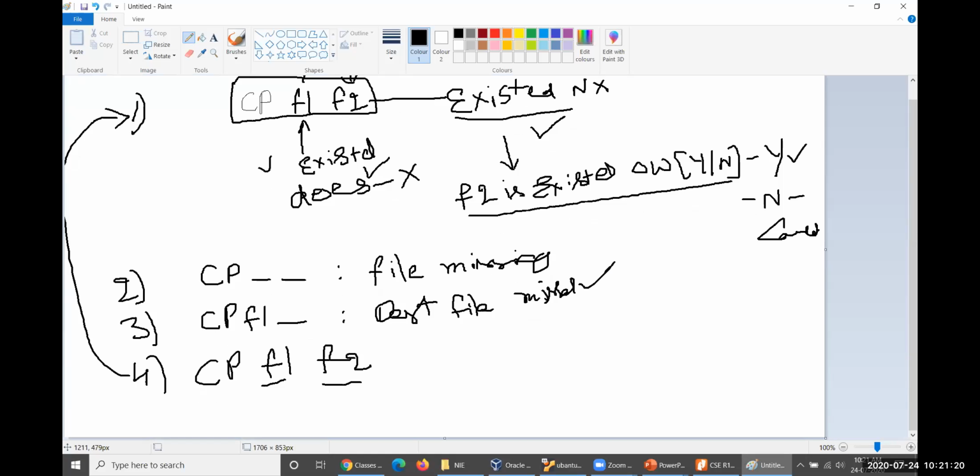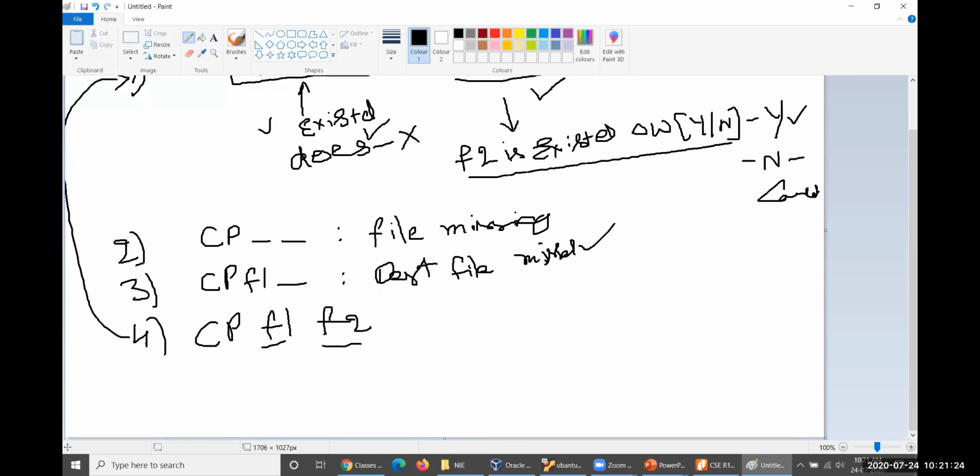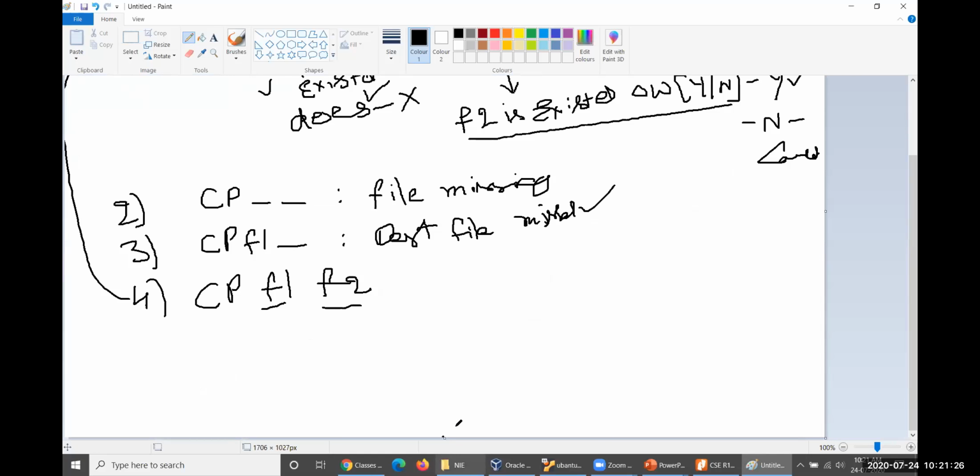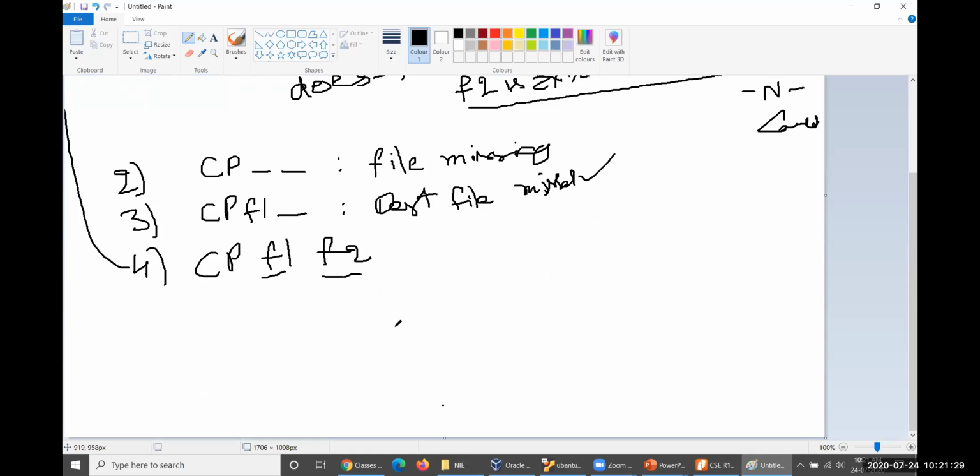So as a whole, what exactly you are supposed to do here is, first of all, write a C program, a CP program. While running this program, first we need to check whether the number of parameters is exactly equal to 3 or not, because it is CP file 1 and file 2.